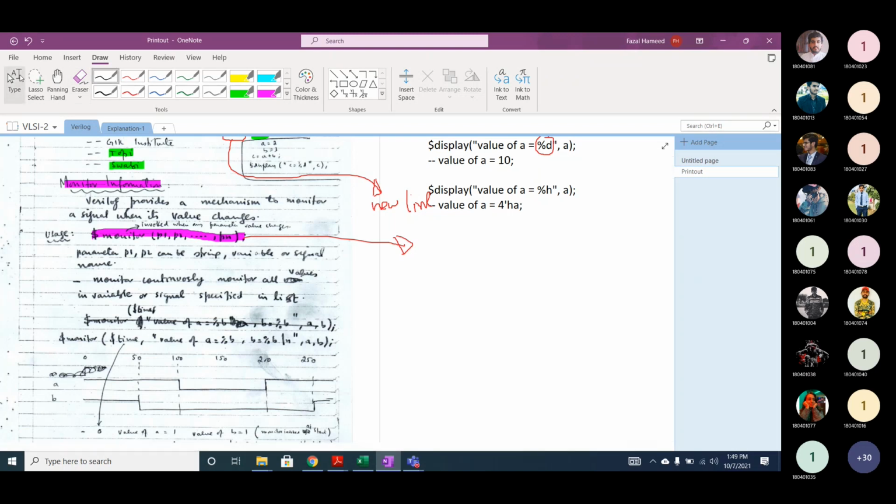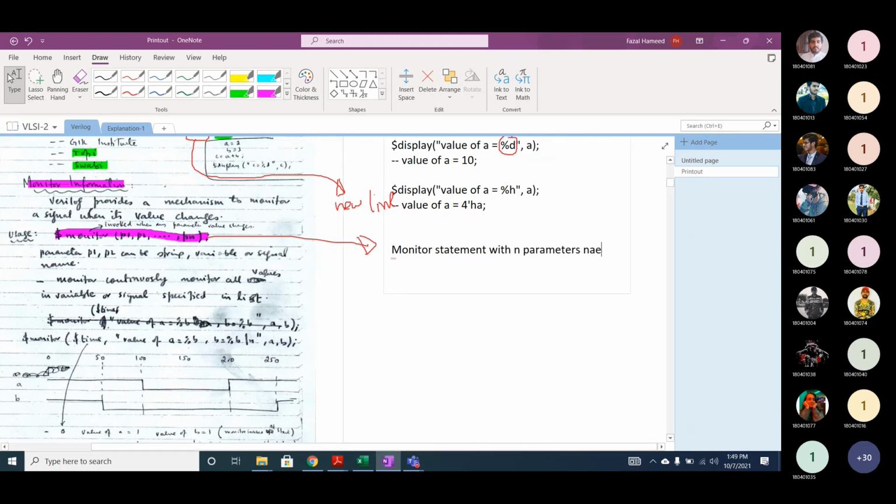So if you look at this, the monitor statement with n parameters, namely P1, P2, P3 up to Pn.